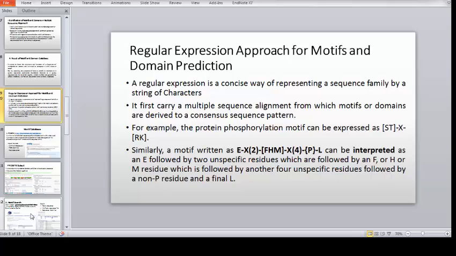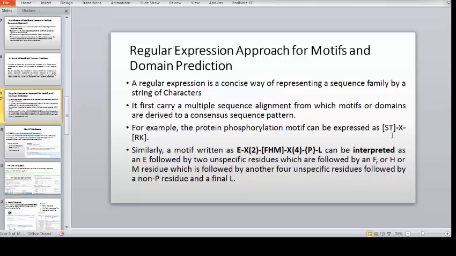Then that consensus sequence can be assigned a signature by conserved pattern sequences. For example, the protein phosphorylation motif can be expressed as [ST]-X-[RK],